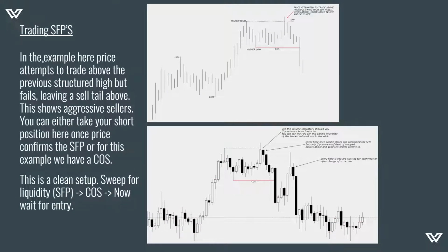So in this example here, price attempts to trade above the previous structured high but fails, leaving a sell tail above. This shows aggressive sellers. You can either take your short position here once price confirms the SFP, or